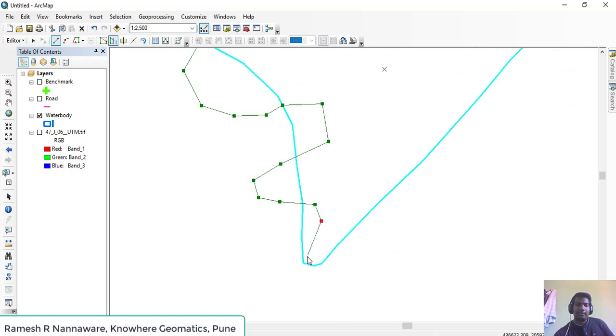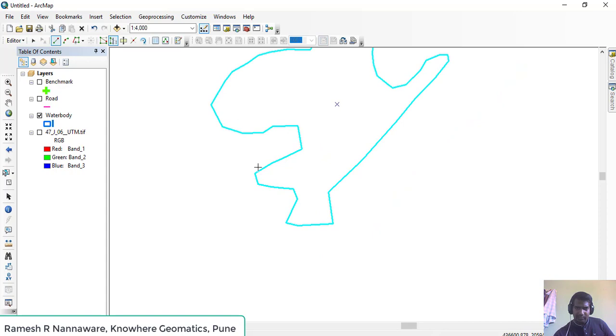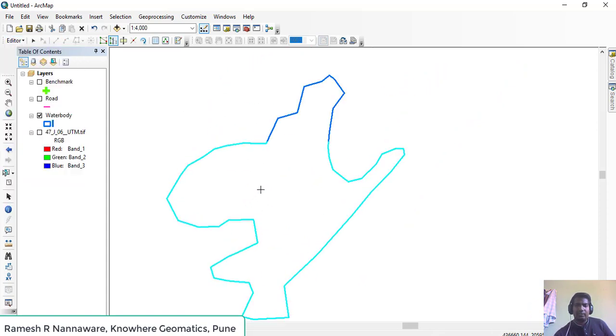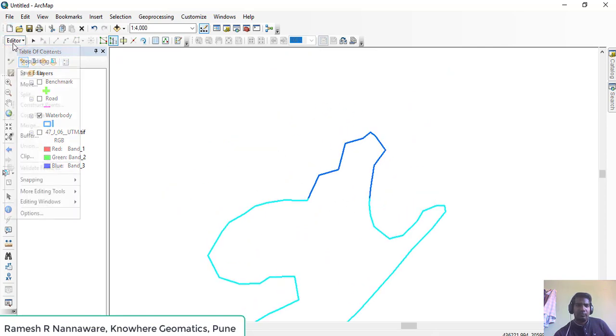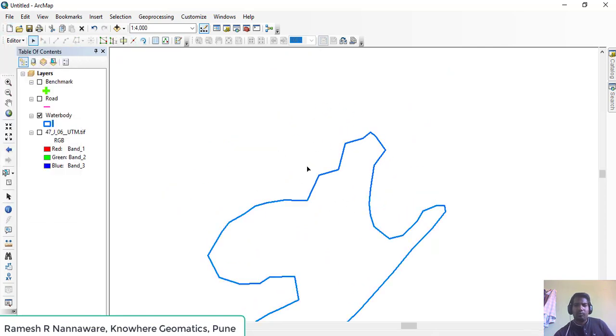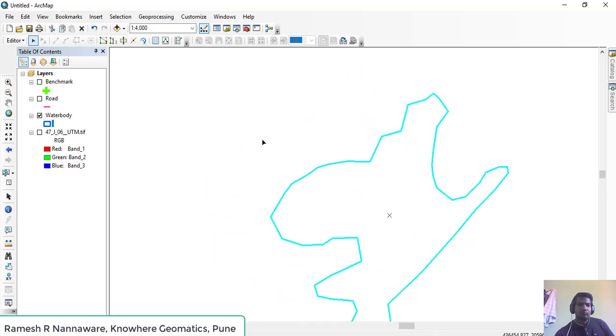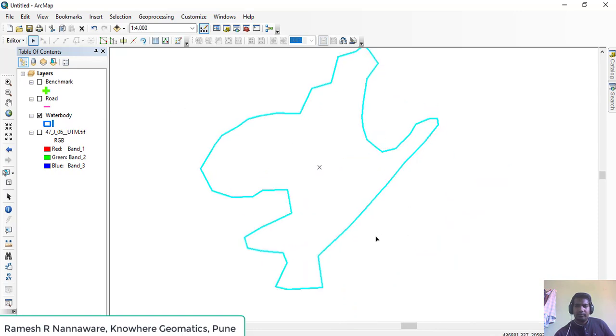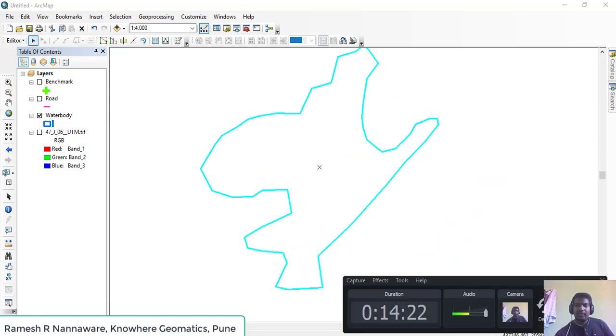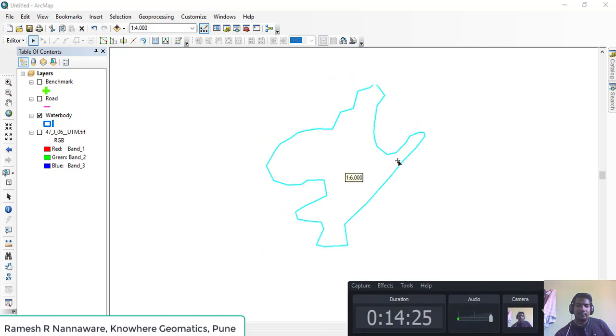Any way I can digitize, but when I want to stop, I will have to stop on the polygon itself and just double click. So immediately we can see the shape has been modified. So this way reshape feature can be used to modify the polygon. So this way we can use some digitizing tools.